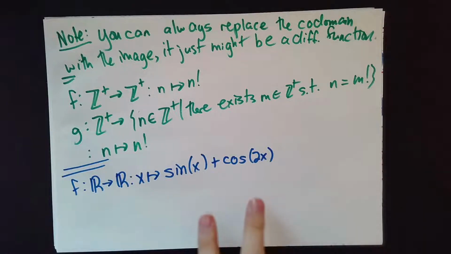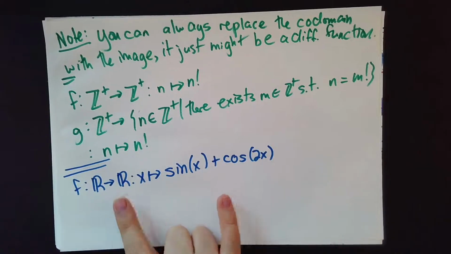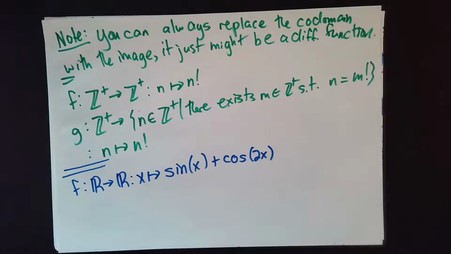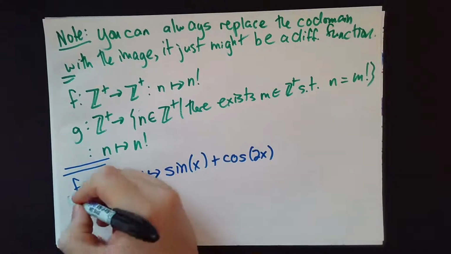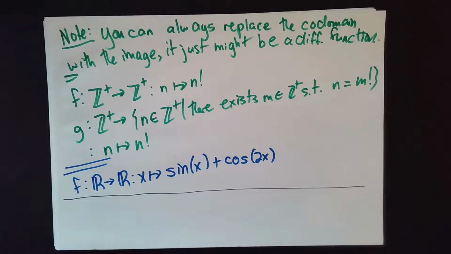But if you were to actually try and calculate the image of this function, it would actually take you some effort. You could do it, probably, but it would take some time. Okay, so there are